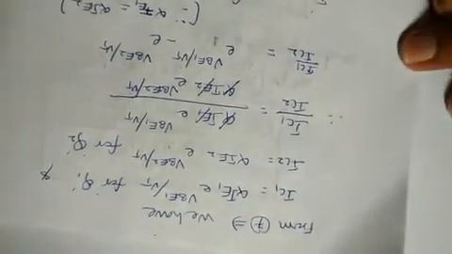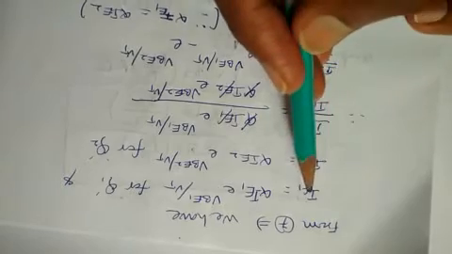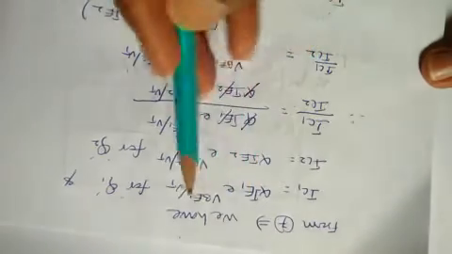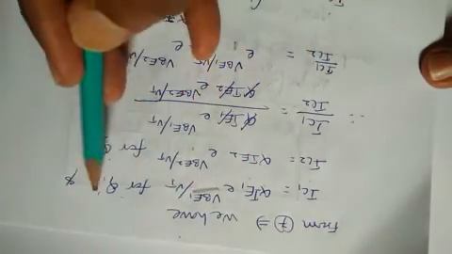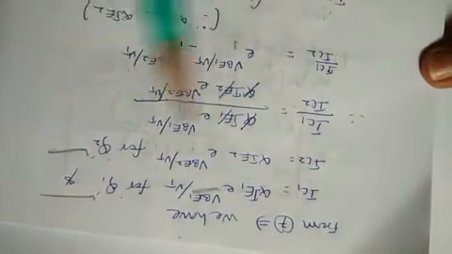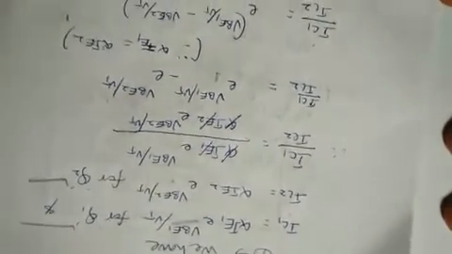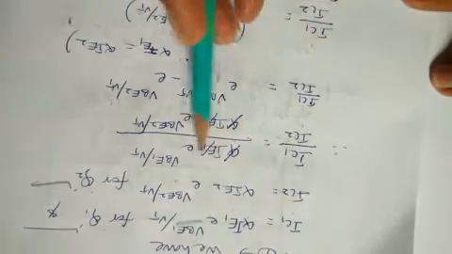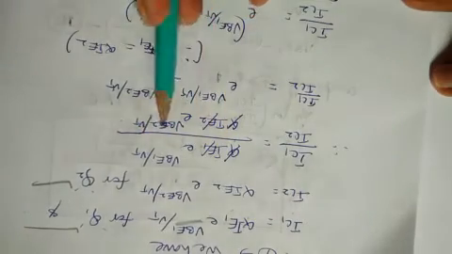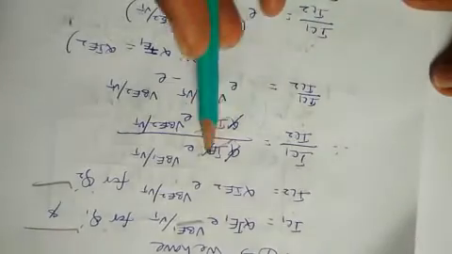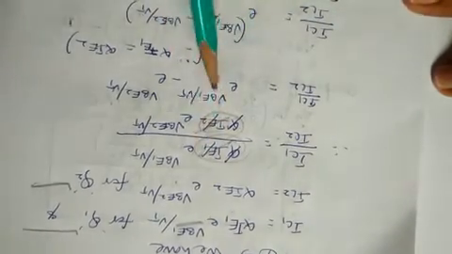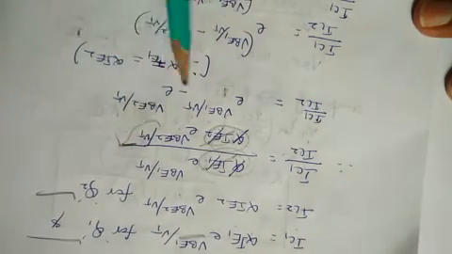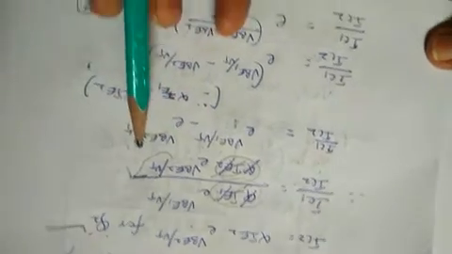From that general equation, according to our design, we have two transistors Q1 and Q2. For Q1, IC1 equals alpha IE1 into e power, instead of VBE it is VB1, by Vt. This is for Q1. Similarly for Q2 we will have this equation. From these two collector currents, if you take the ratio, IC1 by IC2 equals alpha IE1 e power VB1 by Vt, divided by alpha IE2 e power VB2 by Vt. Alpha IE1 and alpha IE2 are both approximately equal, so they cancel each other. The remaining term becomes e power VB1 by Vt. The denominator exponential, if you move to the numerator, becomes minus e power VB2 by Vt.